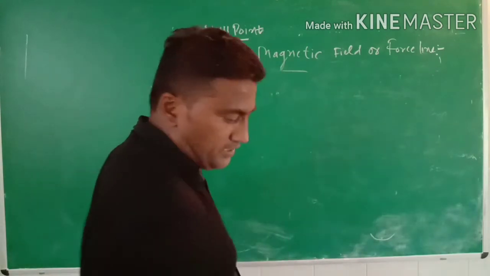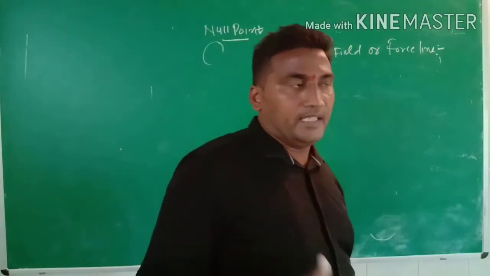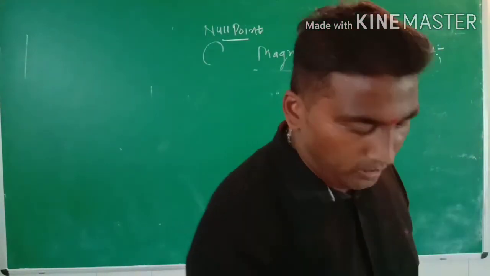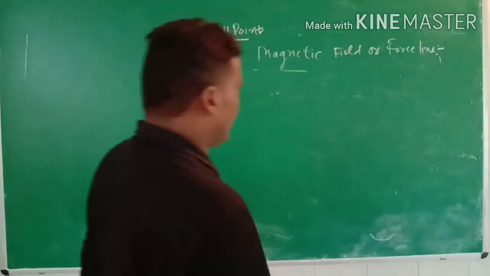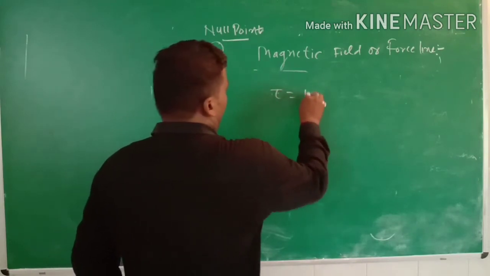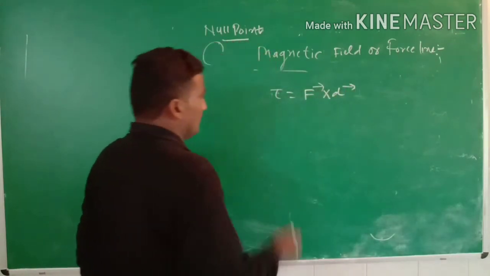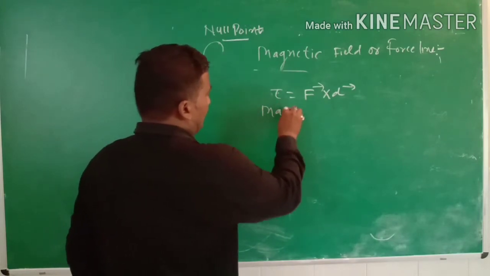What is Maxwell screw rule? That was basically a property dependent on the relation of torque. We know that the relation of torque tau is equal to vector F into d. In terms of the Maxwell screw rule,